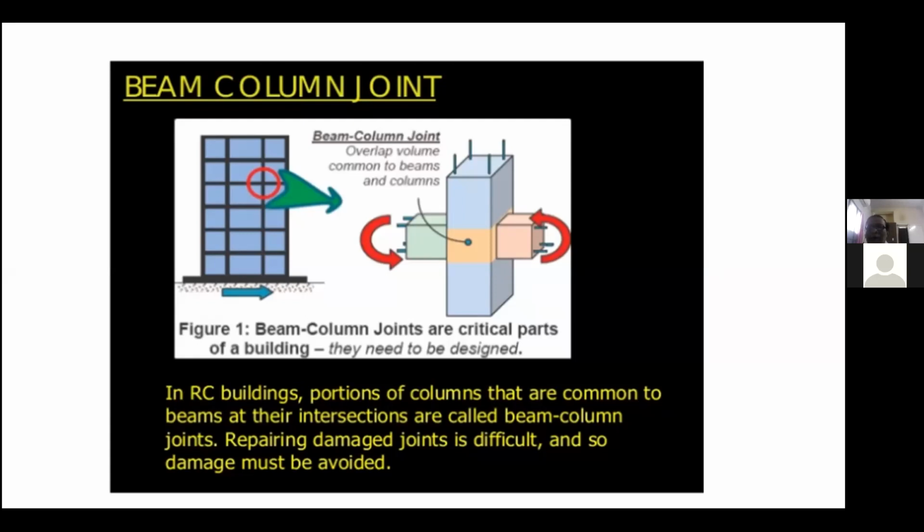Because in common practice, what we try to do is take the stirrups and stop them at the bottom of the beam in the column zone. On the bottom of the beam itself, we stop it, and then we continue the stirrups in the column from the top of the beam. Similarly, the beam stirrups also stop at the edge of both faces of the column.